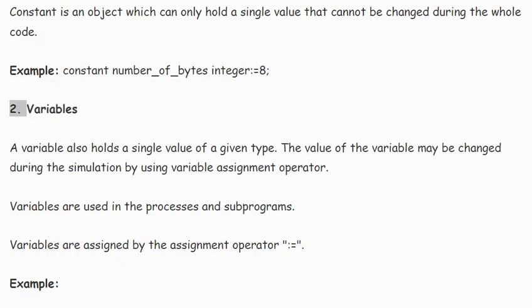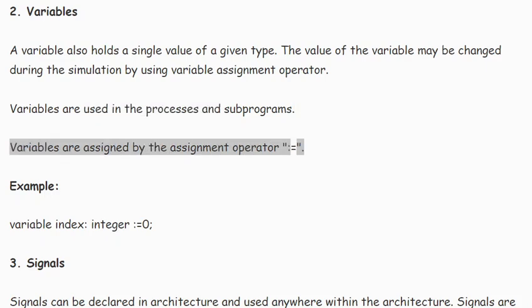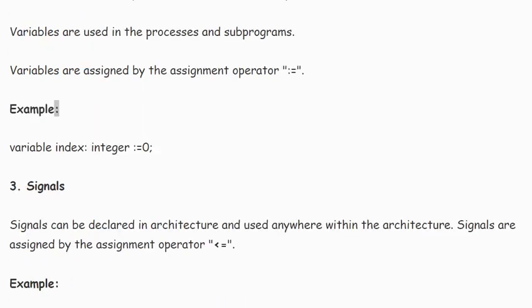2. Variables. A variable also holds a single value of a given type. The value of the variable may be changed during the simulation by using the variable assignment operator. Variables are used in processes and subprograms. Variables are assigned by the assignment operator :=. Example: variable index: integer := 0;